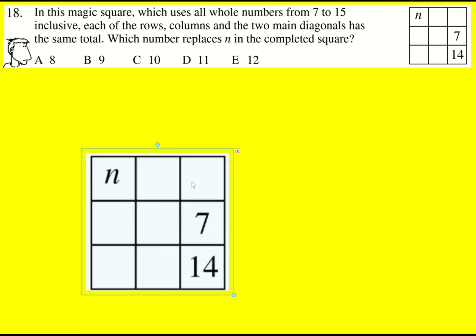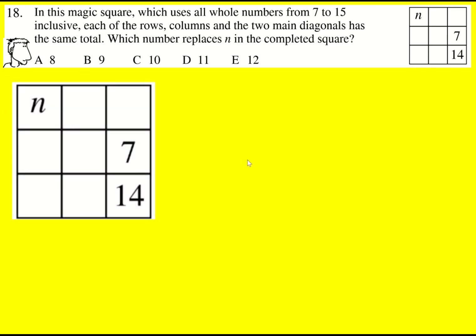We've got a magic square that uses the numbers from 7 to 15, two numbers put in it already, and we're asked to find out what n is. Okay, well, first up, let's add the numbers from 7 to 15 to work out what the total of these is going to be. There's actually a really quick way of doing this, because if you want to add up 1 to 15, you can actually use the formula for adding up the numbers from 1 to n, which is